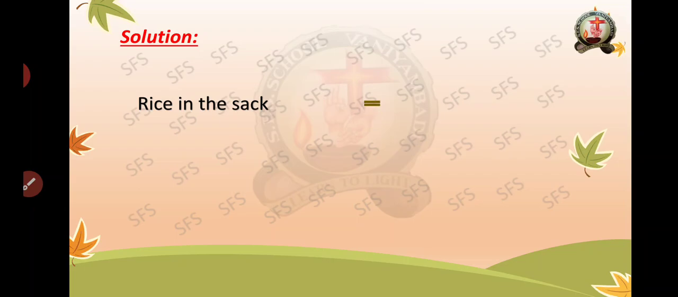First, rice in the sack. What is the total rice which is in the sack, children? It is 25 kg. So just subtract the column for kg and for g. So what is the total rice in the sack? It is 25 kg. They have given you kg, they have not mentioned gram, isn't it? So just place zeros. Okay, then